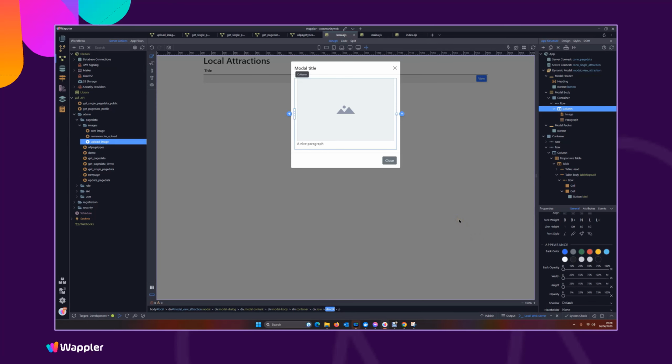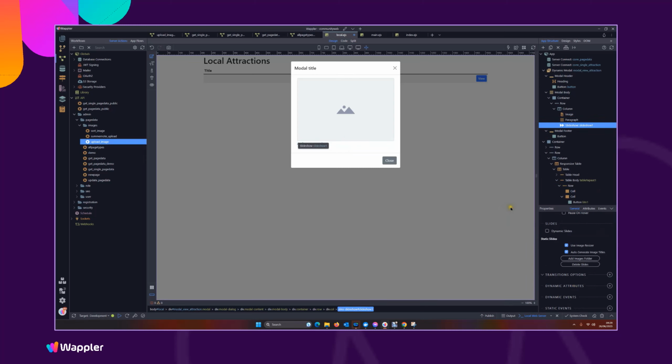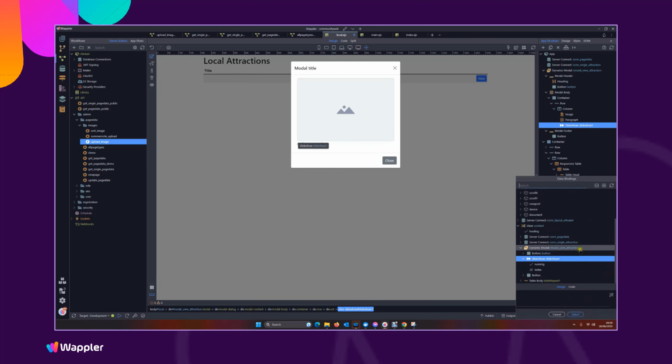Okay, so let's add, I think, a simple slideshow onto this first page. Keeping things very simple, and we'll build up to the more complex as we go along. So what I'm going to do is insert after components, and we're going to select the slideshow component because it's really easy to use. We're going to be using dynamic slides, and our slide source will be that repeat within our single attraction server action query,